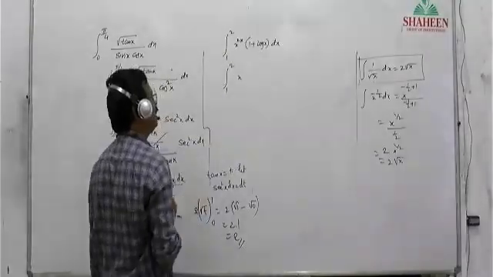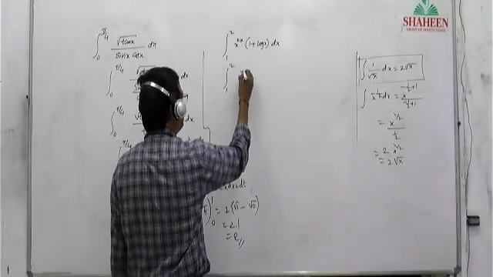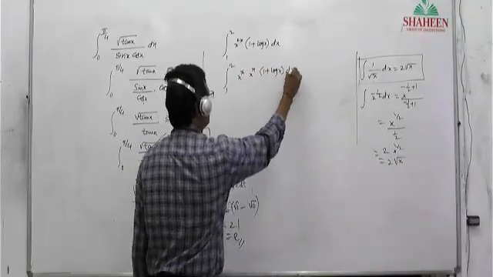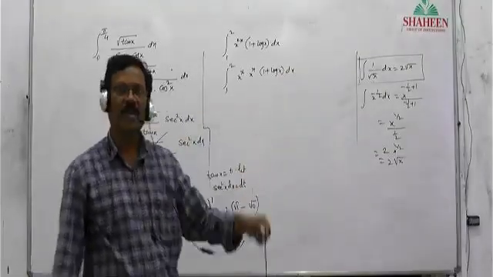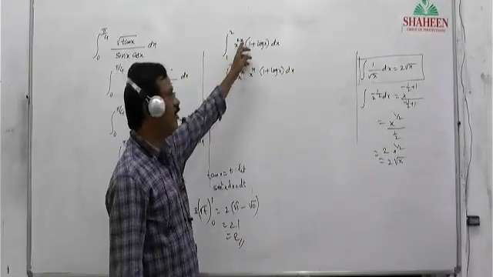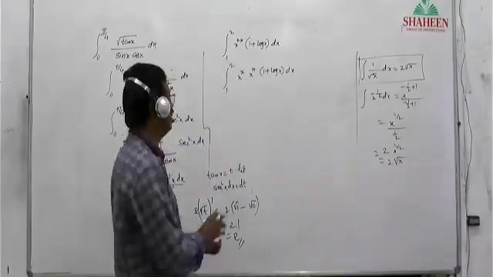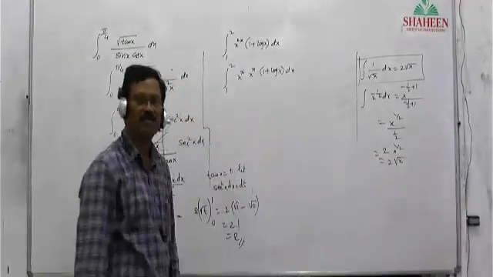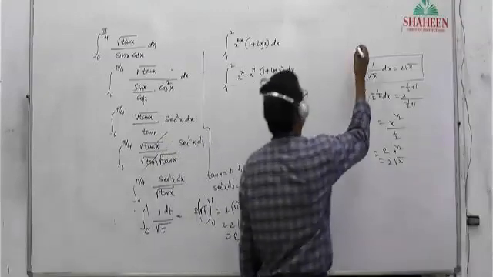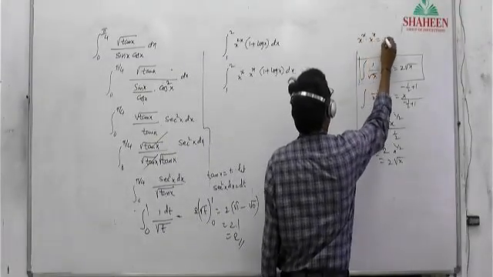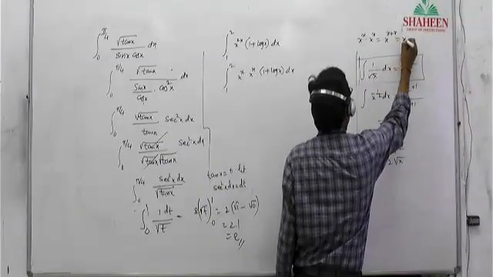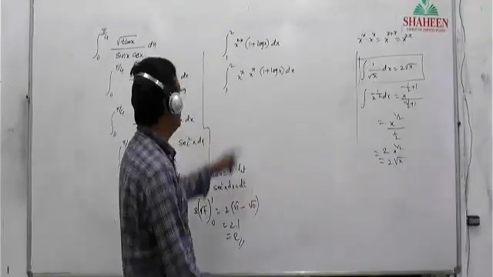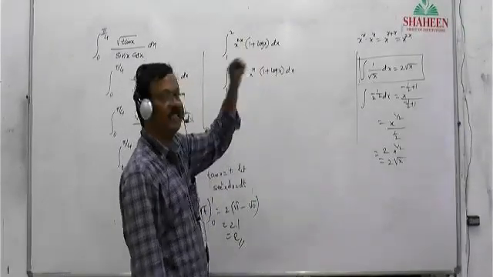Now, can we write x power x into x power x? Is it correct or not? Can we write like this? What did I write here? x power 2x, I am writing x power x into x power x. Now see that the bases are the same. If you add the powers, can we get this one? Is it correct or not? See, x power x into x power x: if you add the powers, x plus x, that is x power 2x. Is it okay? Right. That's why I am writing x power 2x is x power x into x power x.